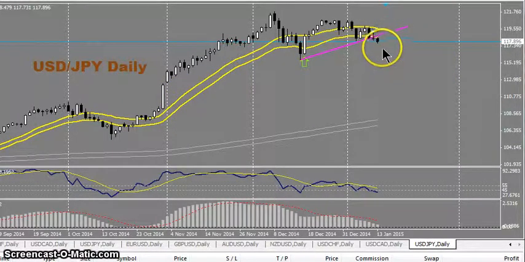However, price does seem to be going down in the short term, and possibly down to this level right here. Okay, so now we're going to switch to the regular